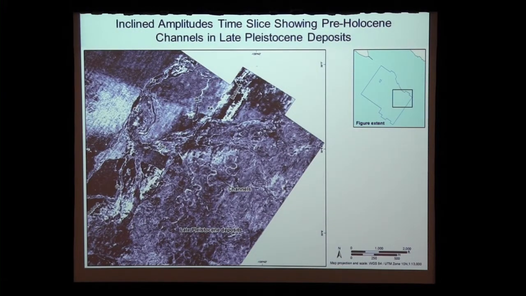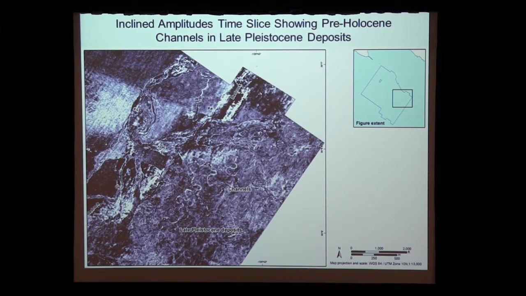That Pleistocene deposit can be very well imaged. You can see it coming right across here. This is on a time slice that we just simply took across the volume, and you can see where these Pleistocene deposits lap up onto the bedrock surface. And in that Pleistocene deposit, which we think is probably fluvial marine, coastal plain deposits, we see a lot of meandering channels within that deposit. And here are these well-incised bedrock channels coming down through here.